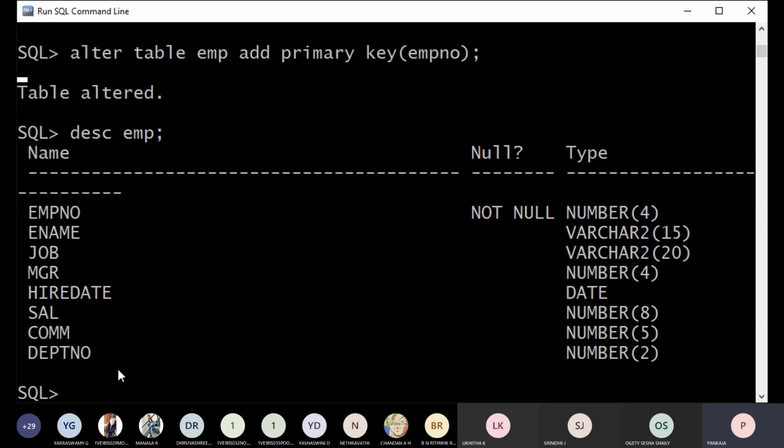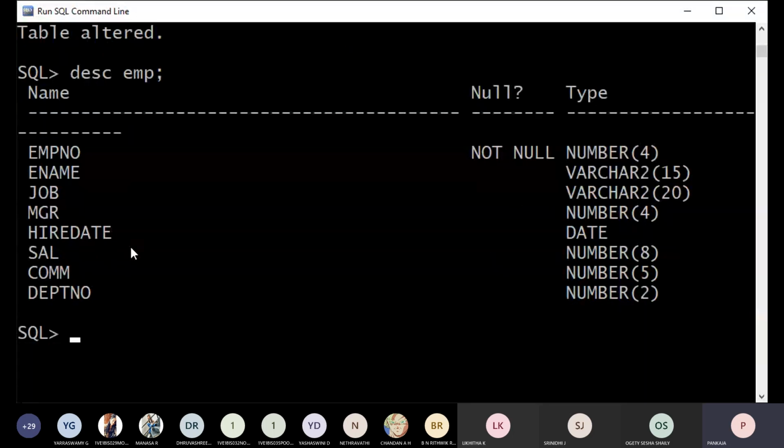Now if you want to apply any aggregate function, you should have some set of records. So let me insert some records, then apply the aggregate functions. You are already familiar with insert into table emp values. Let me give some proper details so that whatever aggregate function I use, I get the proper results. So some valid records I should insert. Let me give employee number